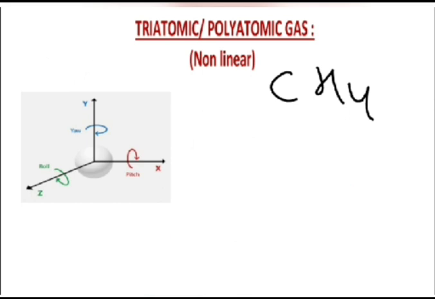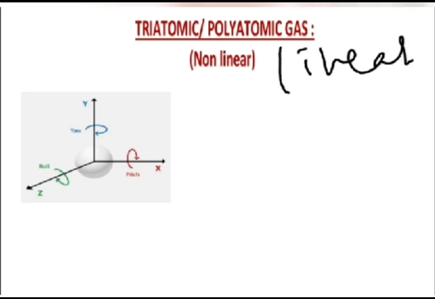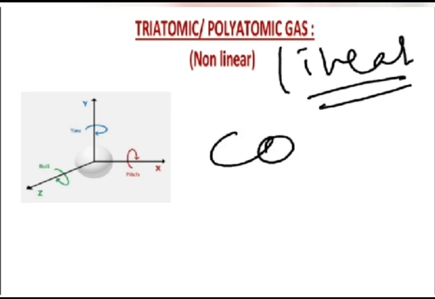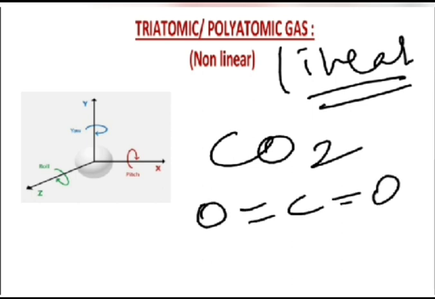If you need to consider it for linear systems, what can you observe? Say an example for a linear system is carbon dioxide. We know it is a linear molecule of this type, right? So how many degrees of freedom are possible? How many translational degrees? 3 translational degrees definitely. It can move easily across the 3 axes. So 3 translational degrees of freedom are possible. How many rotational degrees of freedom are possible?